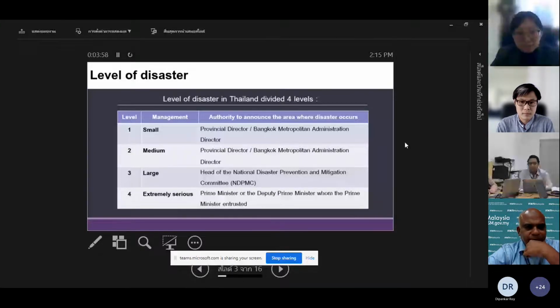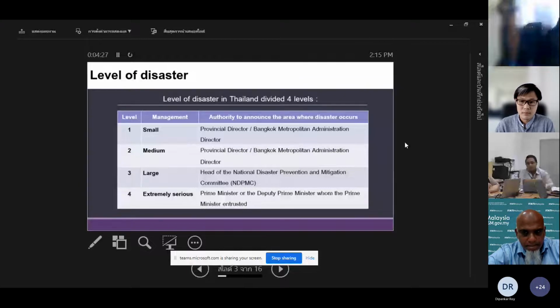We have guidelines for decision making to enhance disaster management. The commander or director uses criteria or conditions to determine the level of disaster management according to the risk assessment of each area. The criteria consist of the area where the disaster occurs and the damage, the number and characteristics of the population in the areas, difficulty, complicated situations, operational capability from available resources, and the commander or director's decisions.